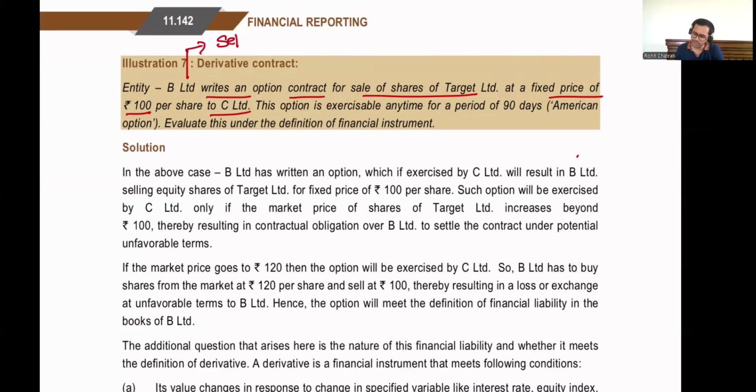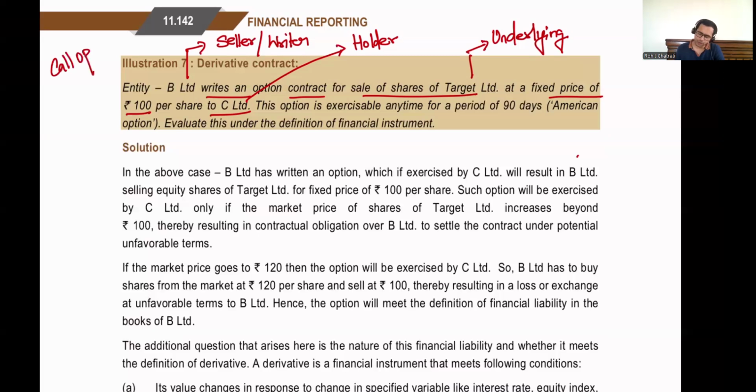B Limited is basically the seller or the writer of the option. C Limited is the holder of the option, and Target Limited is the underlying. Now, this is actually a call option, where C Limited has got a right to buy, and the writer, which is